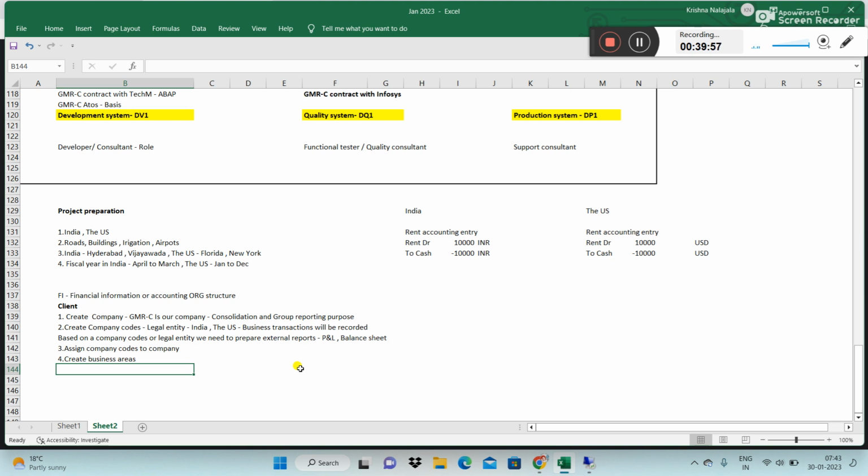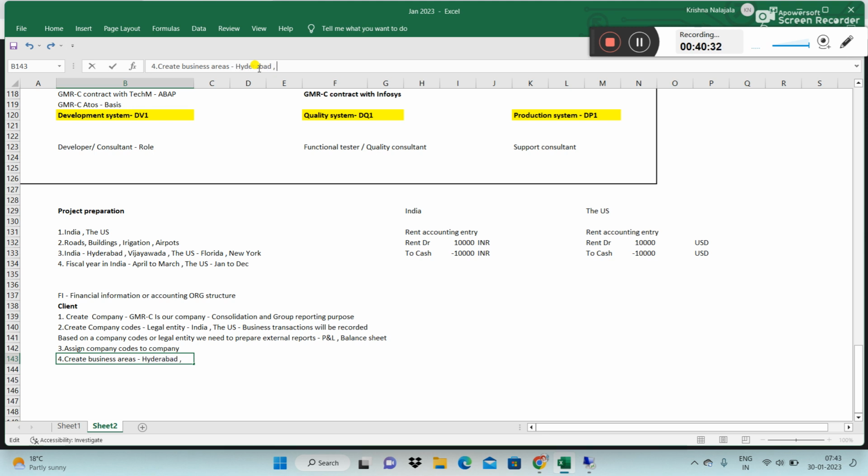Maybe Bangalore, Hyderabad, Mumbai, Chennai, Kolkata. When you raise an invoice for revenue, from which place are you getting the revenue? I want to know. So in India, wherever he does business, obviously he asks you to create that many business places. Let's say business places in India. You write